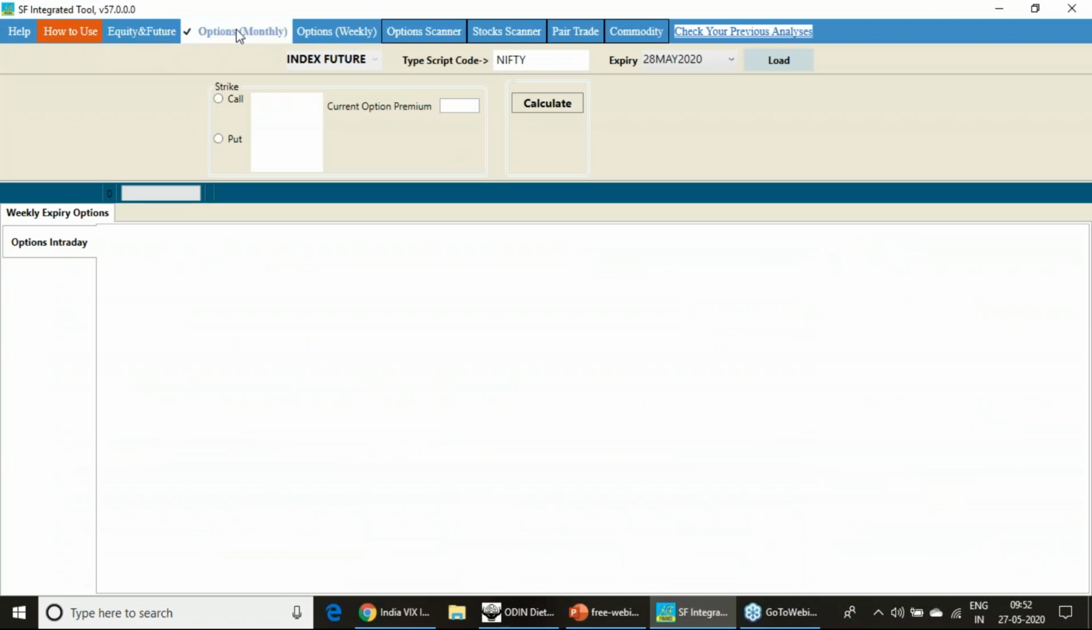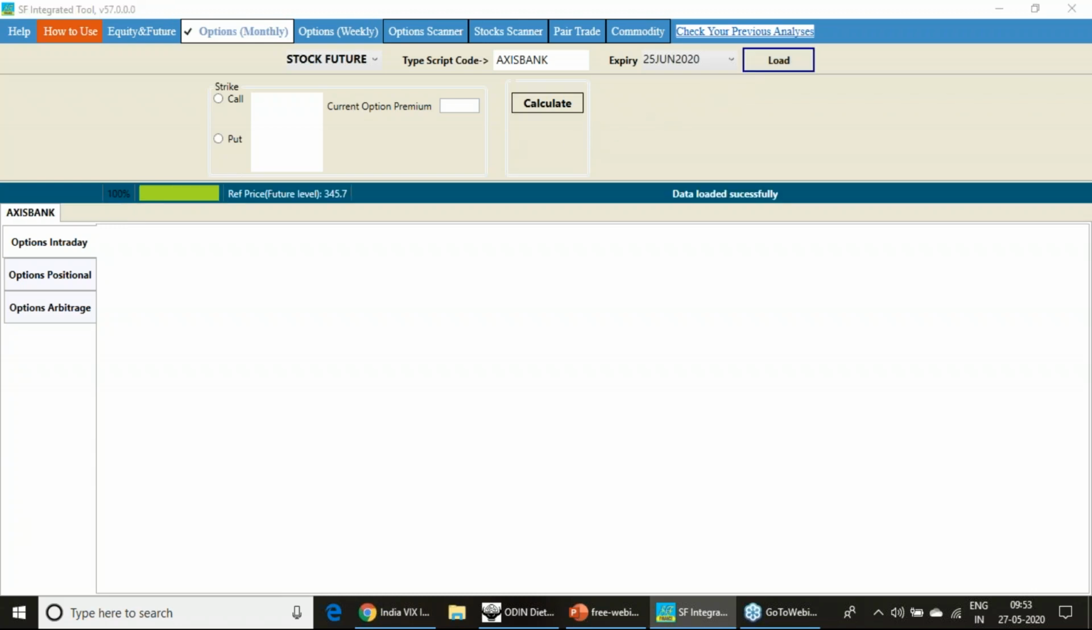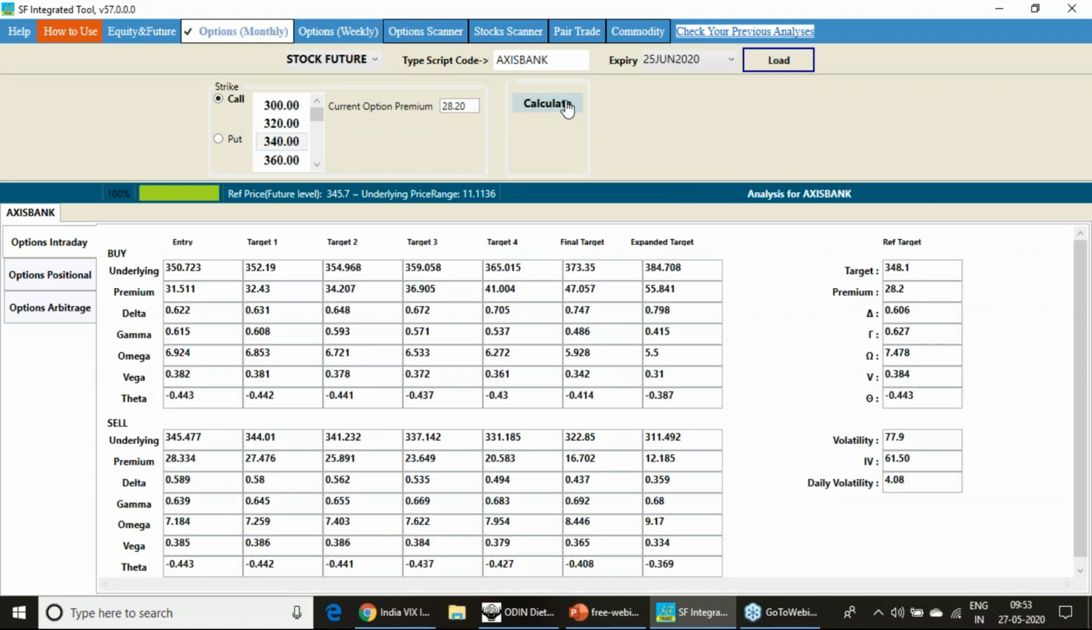Besides that, we have also given the options to trade the monthly contracts and the weekly contracts. I have just taken Axis here. Axis was the default counter here. So the VIX is falling. Suppose you want to trade Axis call options, the 340 call options at a 28 rupees premium, it has